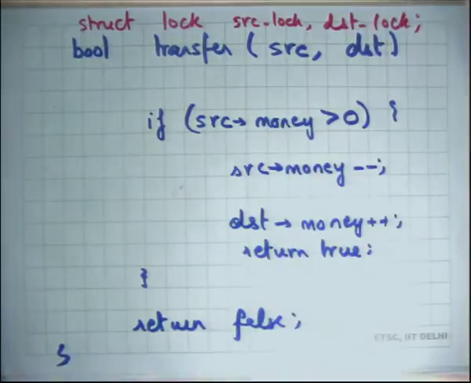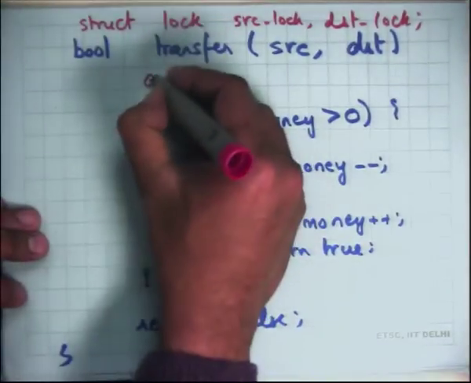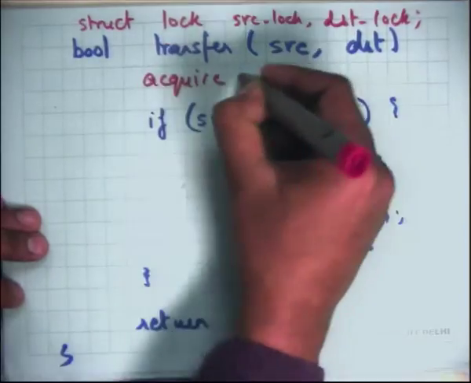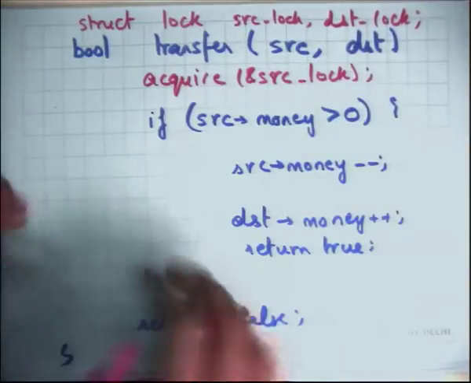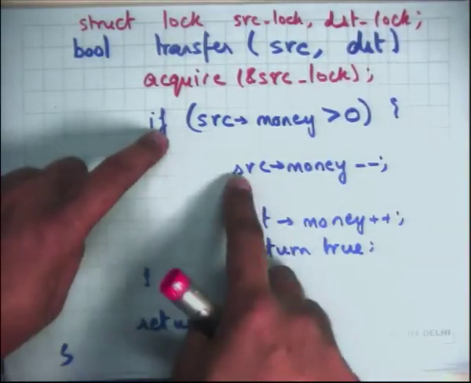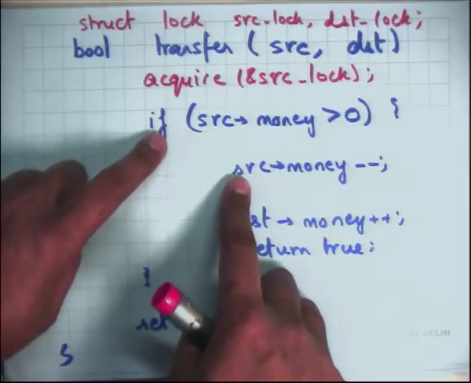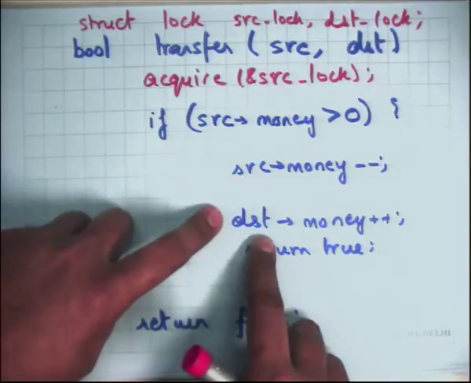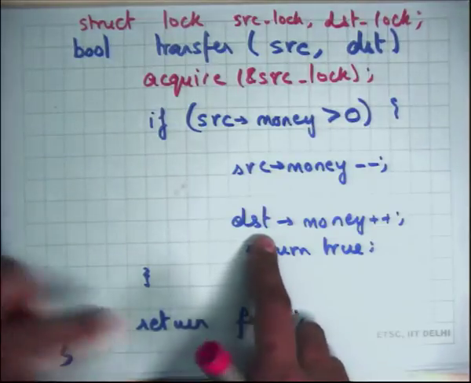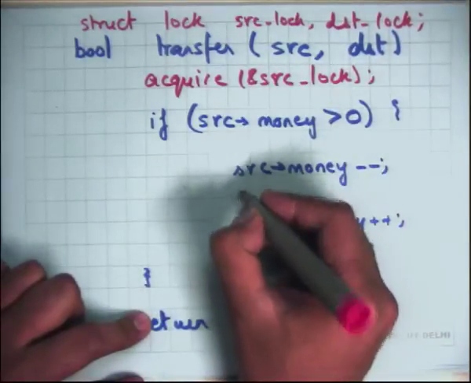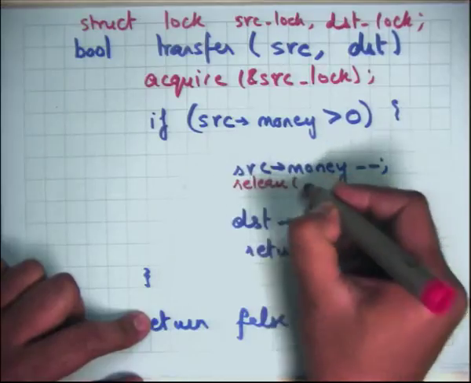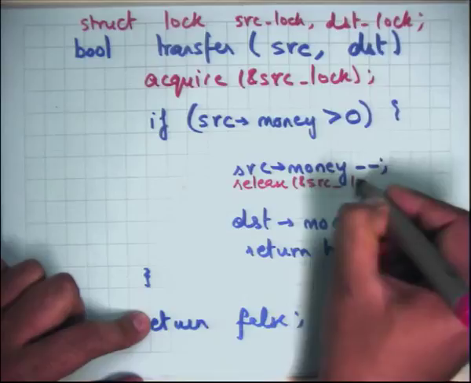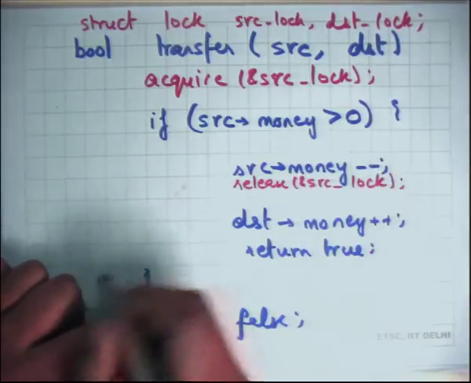Let's say I try to do this, and I say acquire source_lock. Here I'm accessing the source, so I'm going to use one lock to protect all operations on source, and a different lock to protect operations on destination. So I'm going to say acquire source_lock, and release source_lock, and let's say acquire